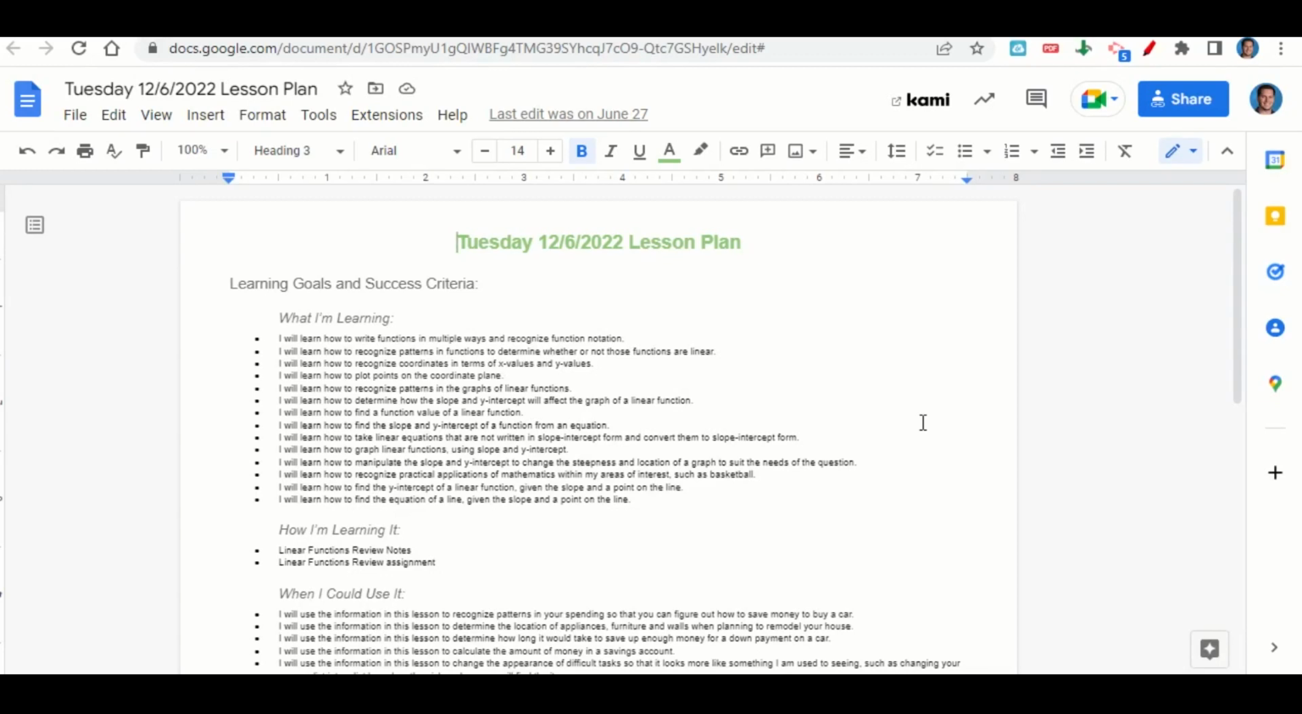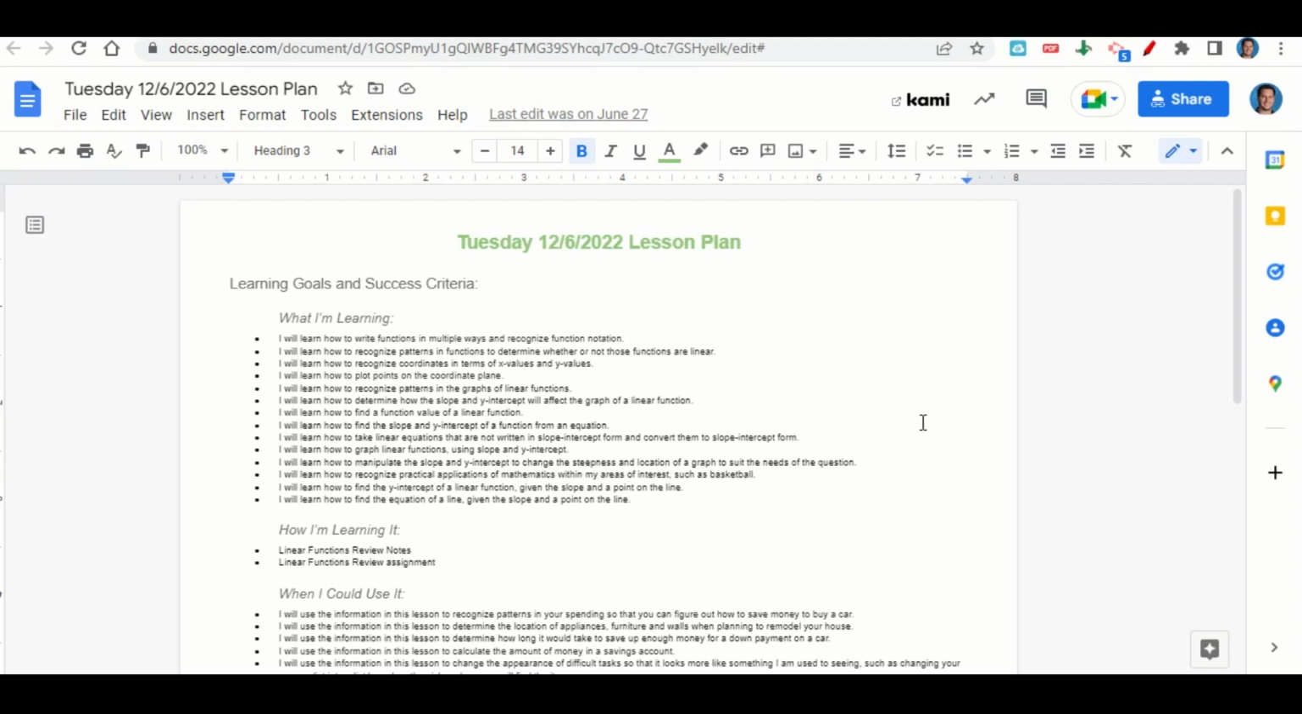We're learning how to write functions in multiple ways and recognize function notation, how to recognize patterns in functions to determine whether or not those functions are linear, to recognize coordinates in terms of x values and y values, how to plot points on the coordinate plane, how to recognize patterns in the graphs of linear functions, how to determine how the slope and y-intercept will affect the graph of a linear function,